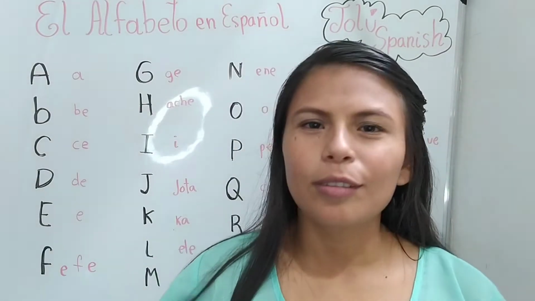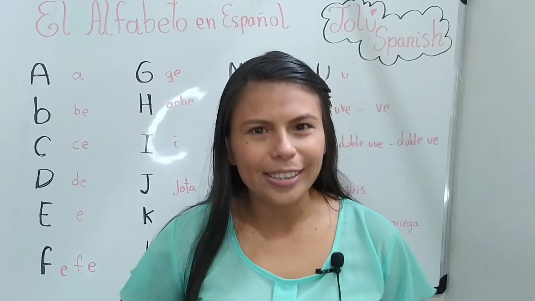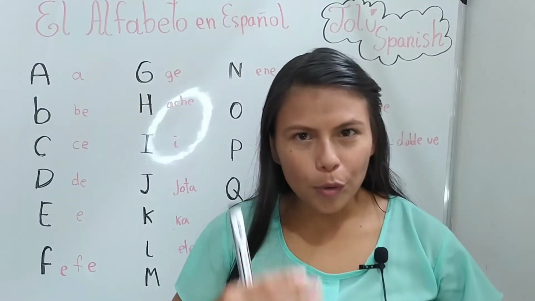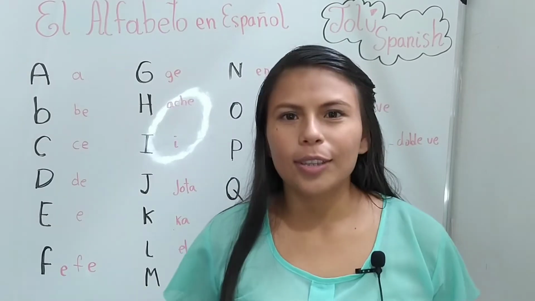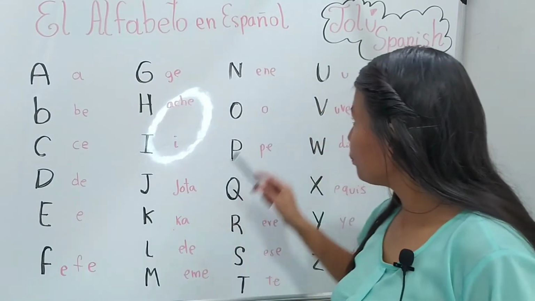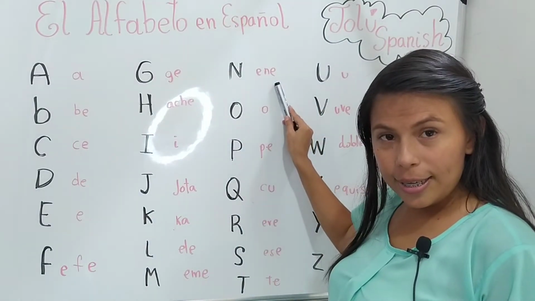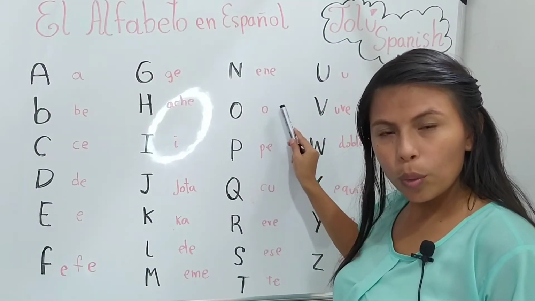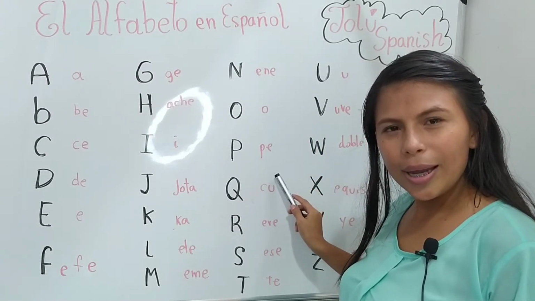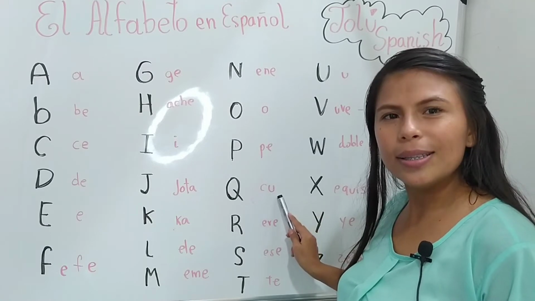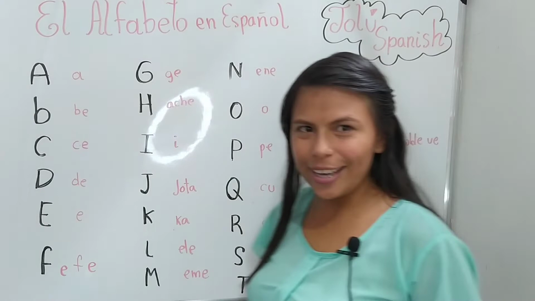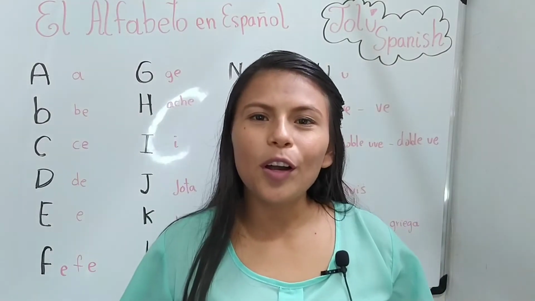It is easy. So you have to practice, listen and practice, listen and practice. Okay? Now let's repeat the whole third part. N, O, P, Q, R, S, T. Yes. And the last part is